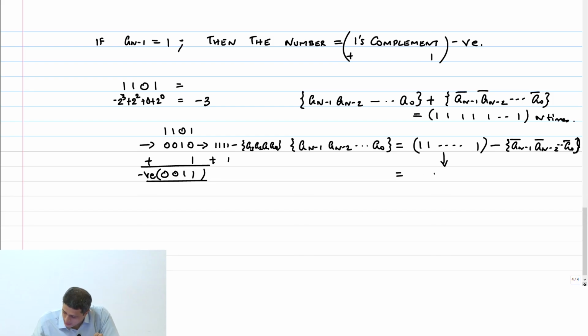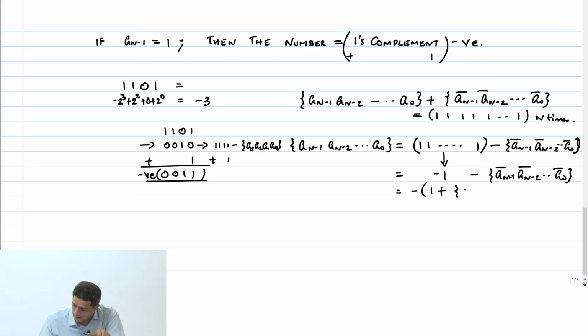So this is minus 1 minus a_{n-1} complement, a_{n-2} complement, a_0 complement. So this is nothing but minus of 1 plus every bit complemented. Therefore, this is a very consistent operation that you have been asked to do, and it will definitely work.